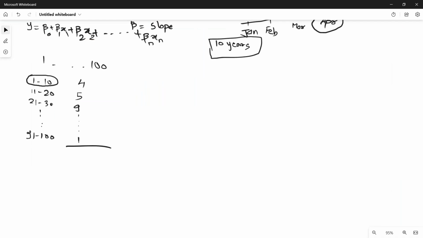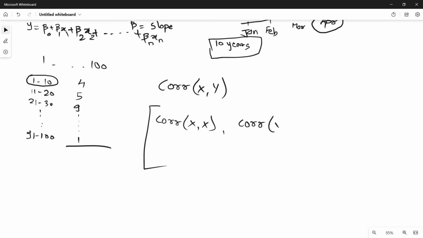If you wanted to find out the correlation of x and y, using numpy it will give you the correlation of xx first, then correlation of xy, then correlation of yx, then correlation of